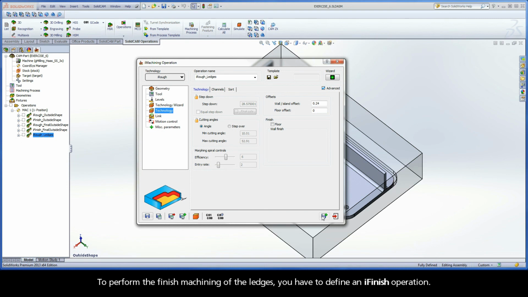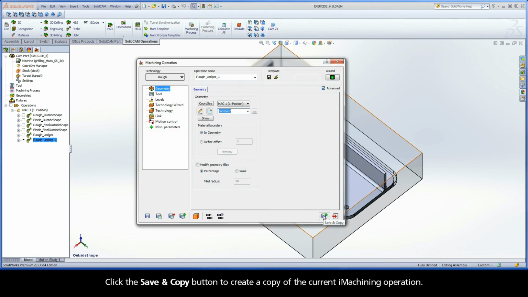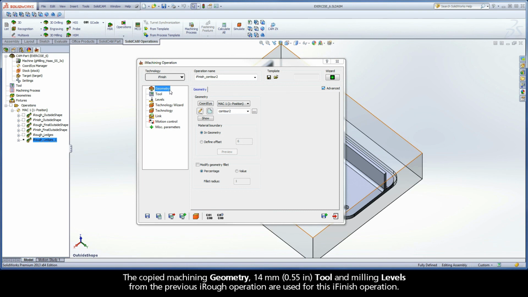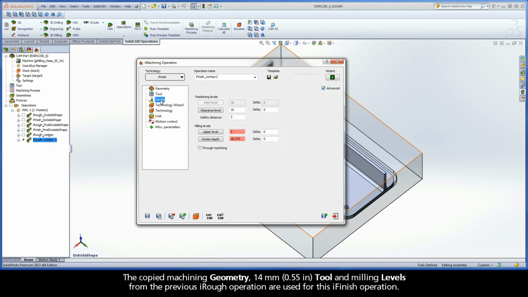To perform the finish machining of the ledges, you have to define an iFinish operation. Click the Save and Copy button to create a copy of the current iMachining operation. When the copied iMachining operation dialog box opens, click the drop-down menu under Technology and change the operation type to iFinish. The copied machining geometry, 14mm tool, and milling levels from the previous iRough operation are used for this iFinish